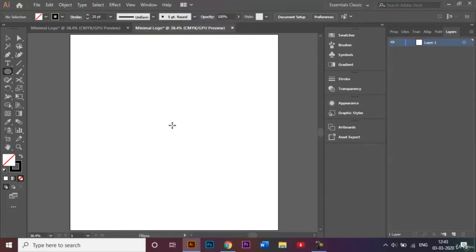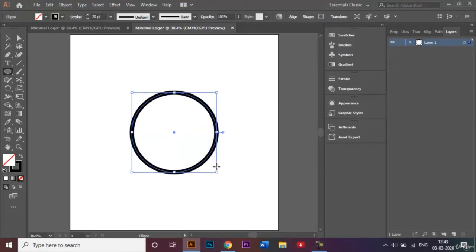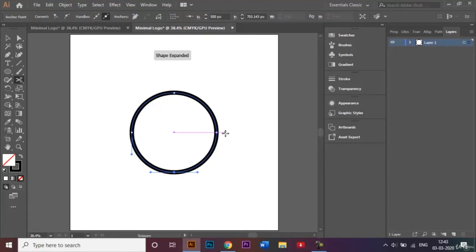The smart guides will be helping us make our logo. So what I'm going to do is come over here to the center, click on Shift plus Alt to make this one circle like this. Okay, and once that's made, I'll be using the scissors tool now. The shortcut key for the scissors tool is the letter C. I'll select this bottom anchor point, click on Shift and also select the right anchor point, and go ahead and